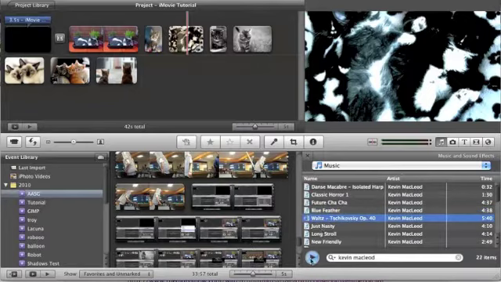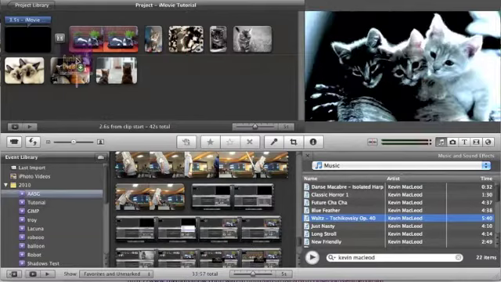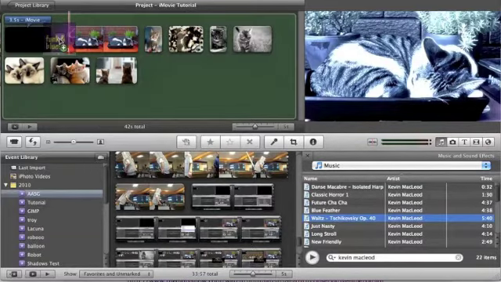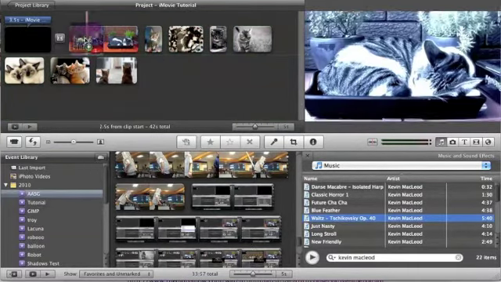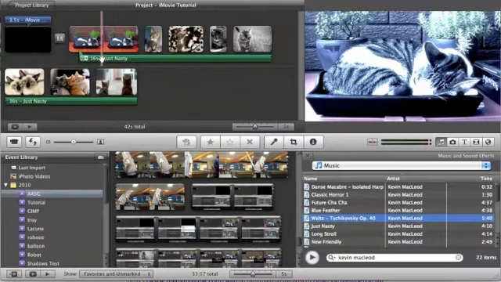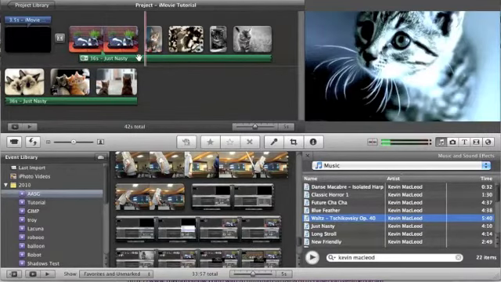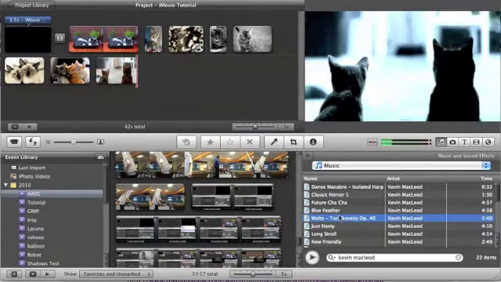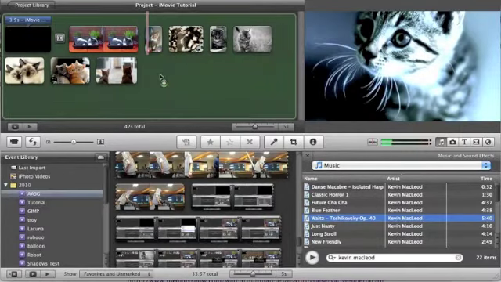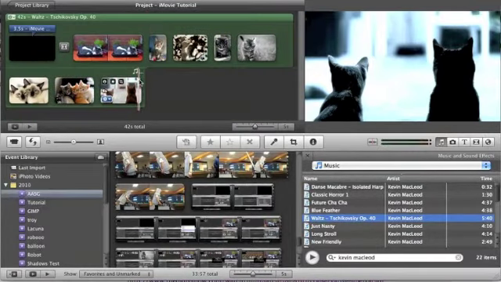And so you can sample all the different music, and once you pick what you want, you drag it up into here. You can either drag it so it fills the entire song, or so that it only runs during a certain clip. Like here, it runs right here, and you can move it back and forth and decide when it starts, or you can take your song and make sure that it fills the entire section so that